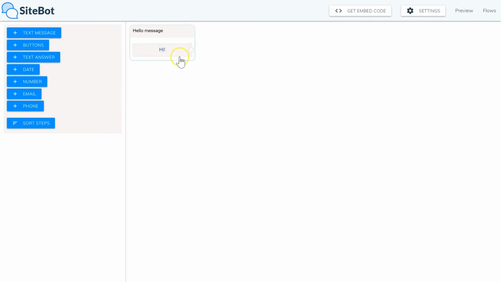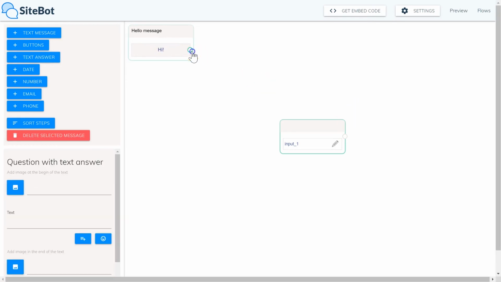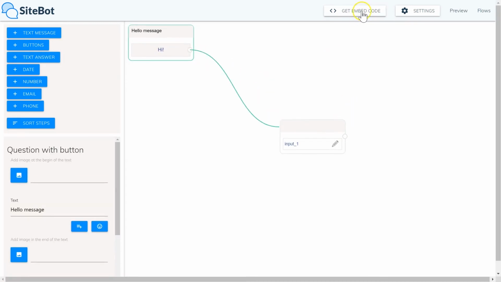So if someone types a certain thing or clicks on a certain button, you can add different messages and buttons and text answers. And then when you're ready and you've sorted it all out and hooked it all up the way you want it, then you just grab the embed code and install it on your website, and you're going to have a fully functional Sitebot ready to answer any questions and capture emails